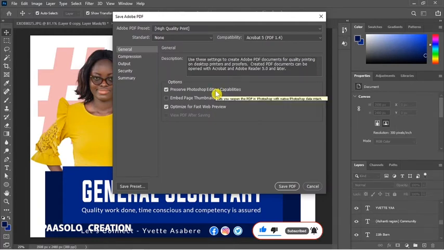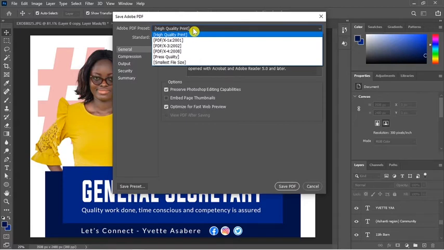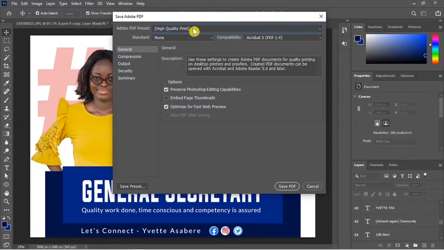Then you are going to have this preview saying high quality printout. PDF and JPEG are normally used for printout, so sometimes if you want to send it through phone on WhatsApp to someone, save it as PDF, send it to the person, and then just print out. But maybe you have a printer yourself, save it as JPEG and just print out, and with that you are not going to lose any quality.